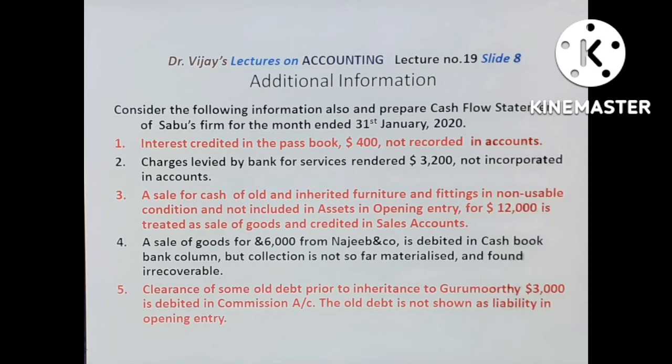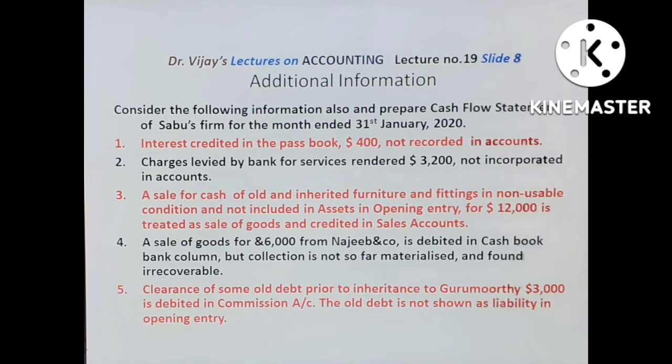The posting reduces the collection from sales to the extent of $12,000. So out of the $78,000 collection from sales, this $12,000 should be subtracted. And further, this $12,000 should be taken as inflow from financing activities, because it makes an addition to capital. Now next is sale of goods for $6,000 from Najib and Company, debited in the cash book bank column,